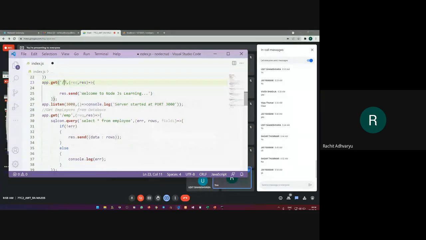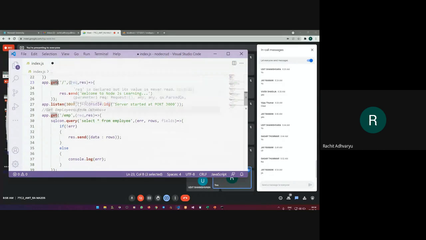That's it. Then comes the request response component. So the server would be having a request as well as a response. So both the parameters are set for this app server to use this get method, right?